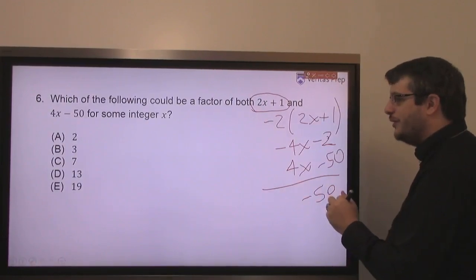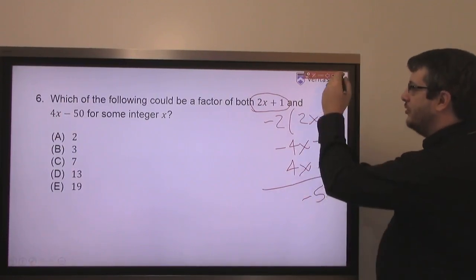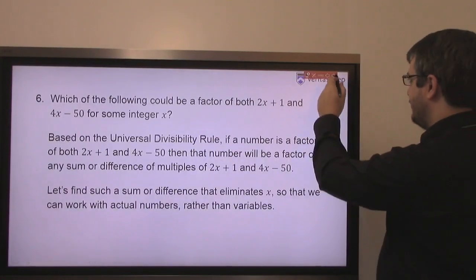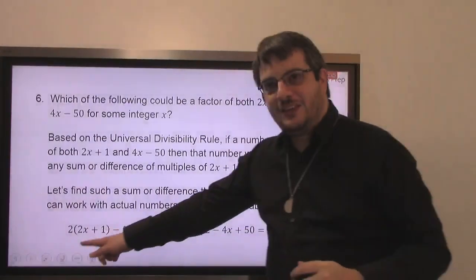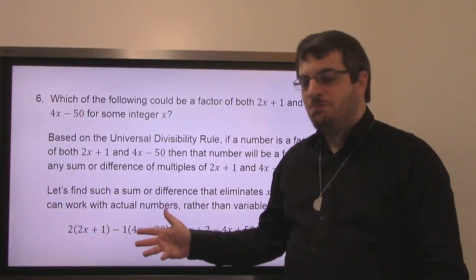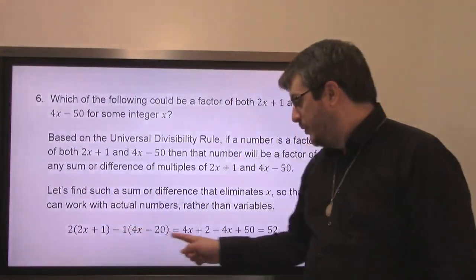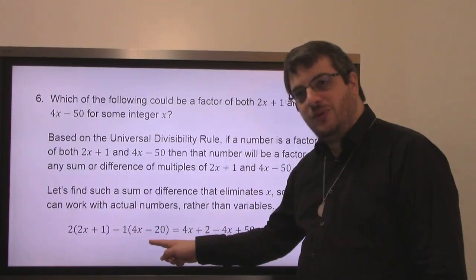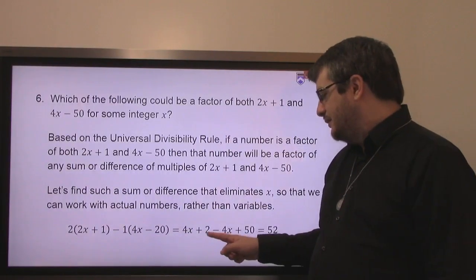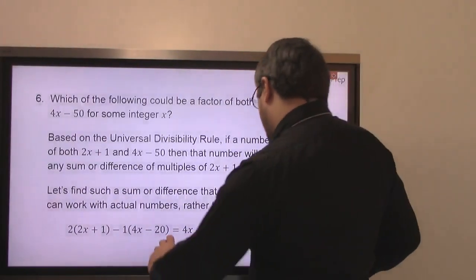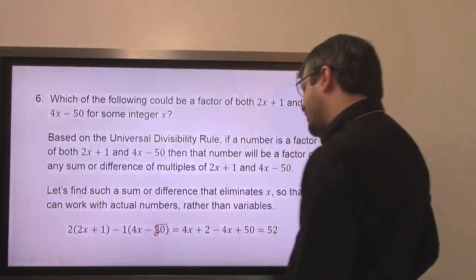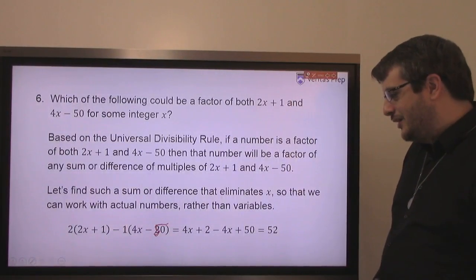Or, maybe I should have multiplied the other one by negative. Whatever. Here, let's see what I did. Yeah, I multiplied this one by 2 and I subtracted, right? So if I multiply this by 2, I get 4x plus 2. And if I multiply this by -1, I get -4x. Oh, this should say 50. That's a weird typo. I don't know why that says 20 and not 50.